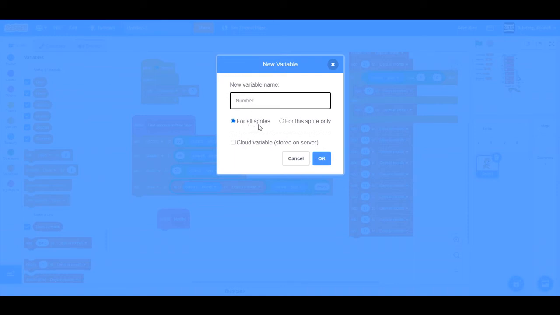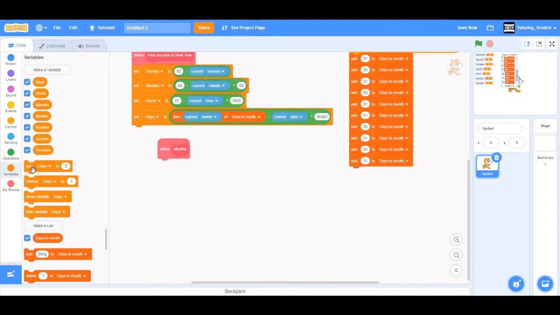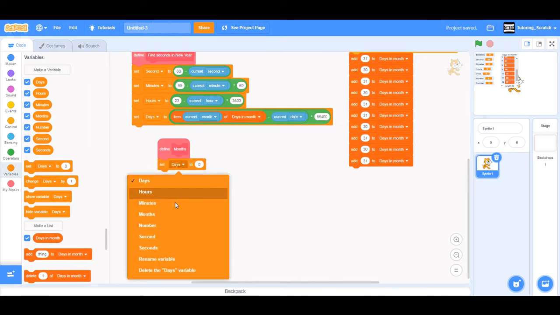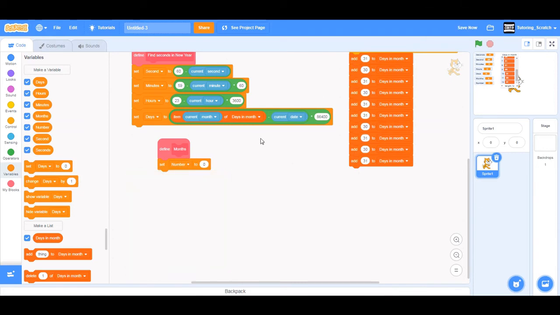For this, for all sprites is necessary, and set number to current month, as it will count from the current month,